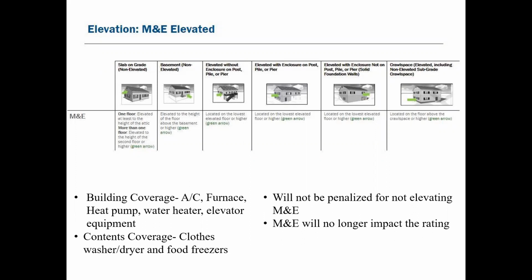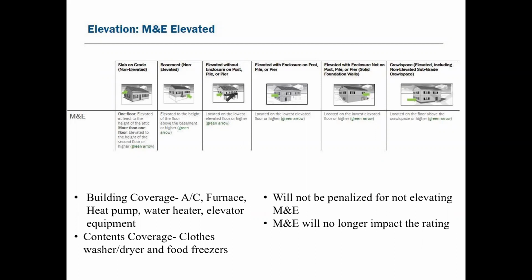So it used to be, if you left your utilities on the floor of your garage, it could potentially change your entire rating floor to the garage. That no longer applies. Your machinery and equipment is not going to impact your rating floor. So yeah, it's really just about mitigation discounts, and that's the only question that they're asking about machinery and equipment